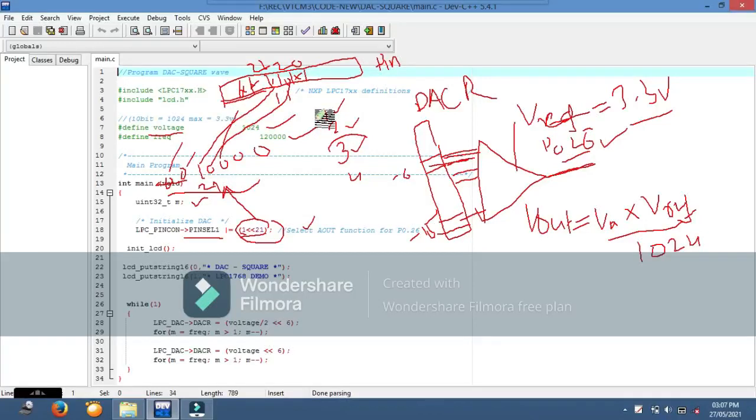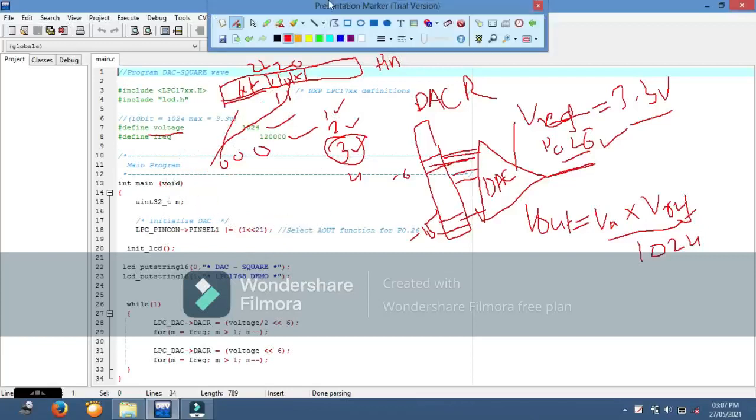This 1, 0 will make P0.26 perform the function which is the output of the DAC. Understand? Okay.